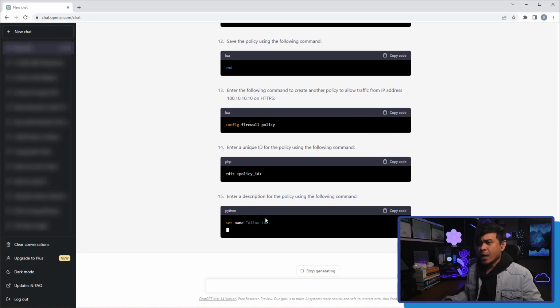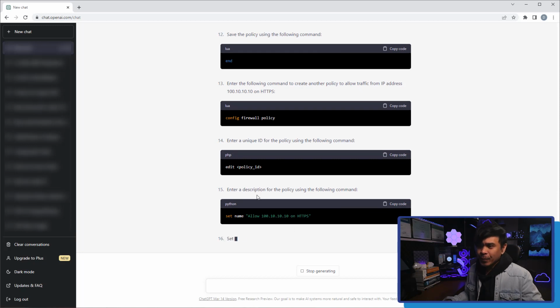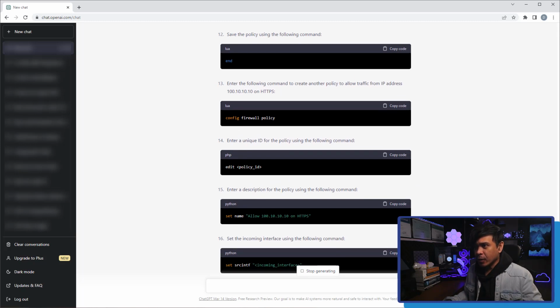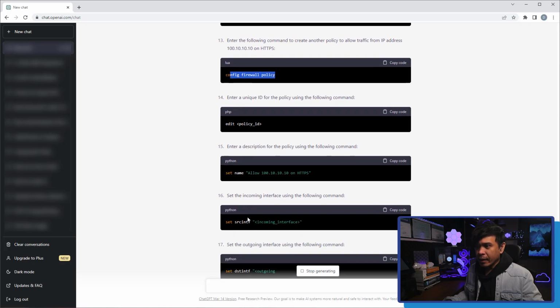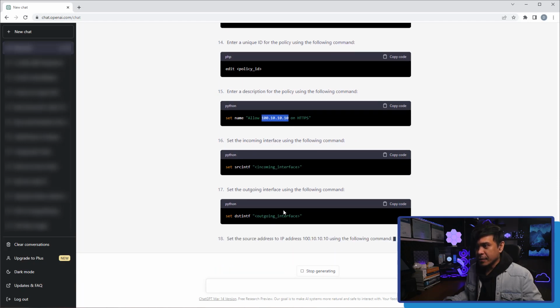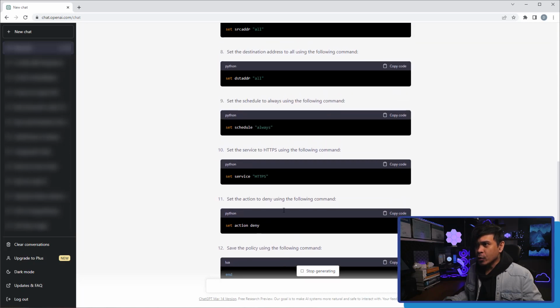Why did we repeat it? Okay, so the reason why it repeats, maybe because the first one is for denying all traffic, and the second one is going to allow this destination or traffic going to destination via HTTPS. The only question is,